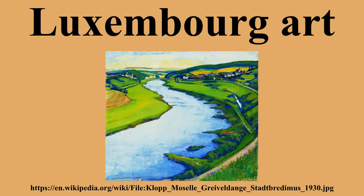The 20th century. The first half of the 20th century was a rich period for Luxembourg art. Joseph Kutter, considered Luxembourg's most successful painter, was influenced by the Impressionists but developed his own distinctive expressionist style. In his paintings, the subjects often stand in the foreground as if photographed. His portraits, painted with strong brushstrokes, typically show figures with excessively large noses, sometimes looking like despairing clowns, but always